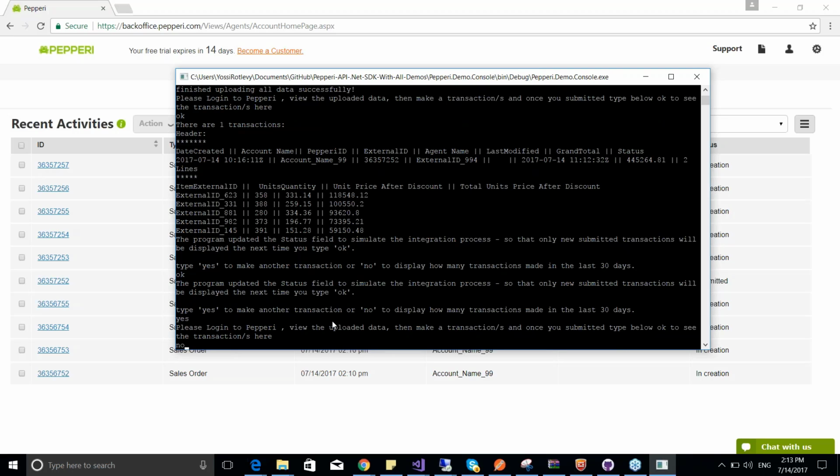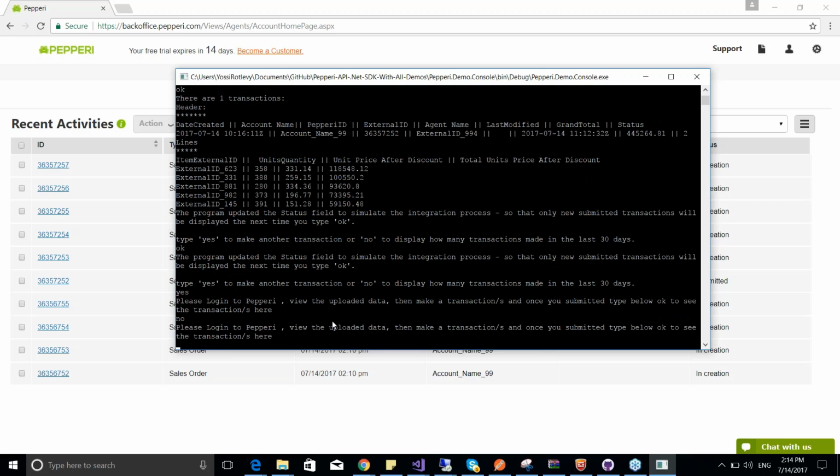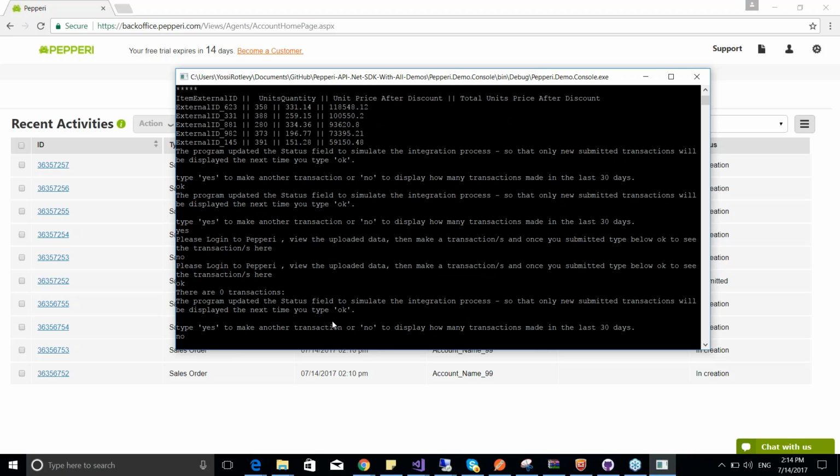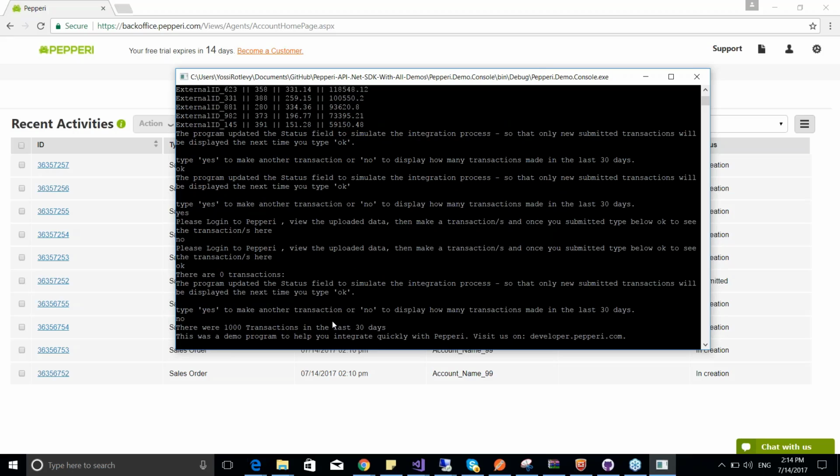I'm sorry. No, actually, I don't want to type another transaction. I'll type no to see all the transactions that I have in the system. So I have 1,000 transactions for the last day, and this was a demo program to help you integrate